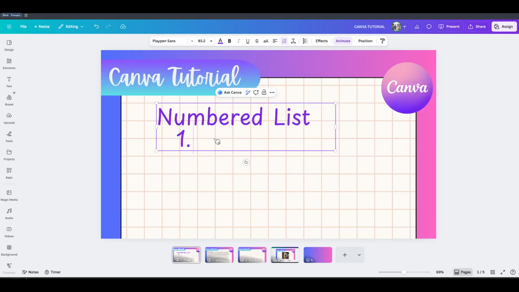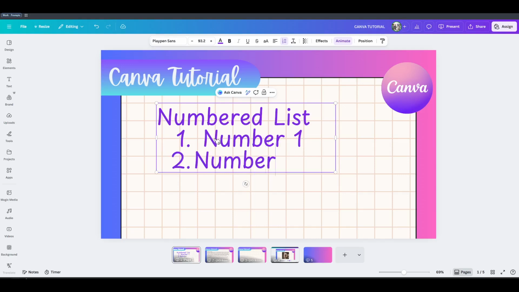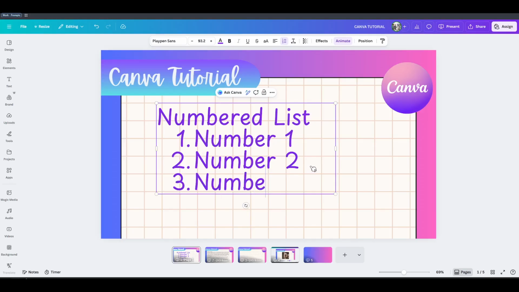If you're starting fresh, just begin typing your first item after the number. When you press enter at the end of a line, Canva automatically moves to the next line and continues the numbering for you. Type your next point, press enter again, and the numbering keeps going, perfectly aligned. This automatic numbering makes it easy to reorganize your list too, because Canva will renumber items if you add or